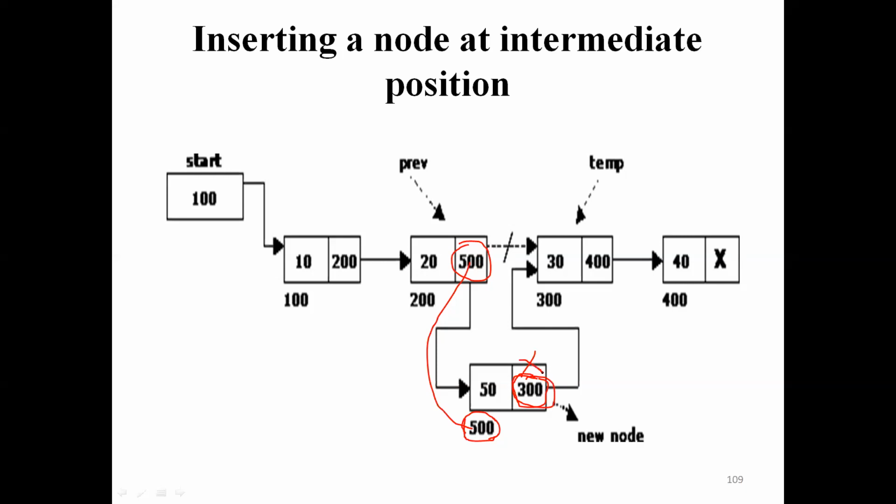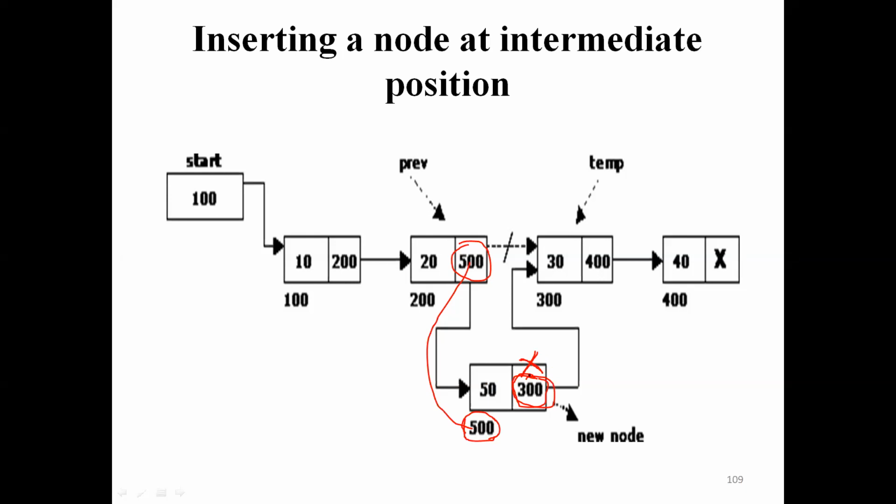Why? Because when you're creating a new node, you will call the get node function. Yesterday we have discussed. After the slide, I will go back to the program again and explain again the push function, all those things. So here I am inserting, right? Earlier this will be x, and x is nothing but null. While you're calling the get node function, the variable values like the information part and the next part will be assigned. The assigned value is x, null.